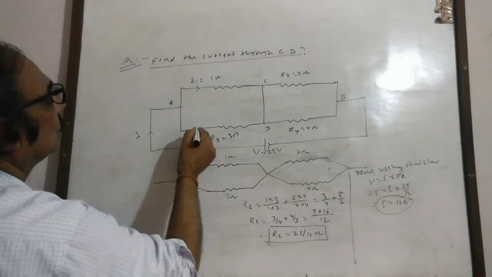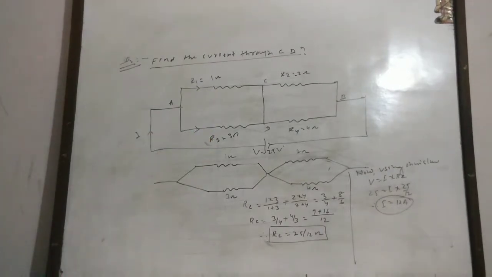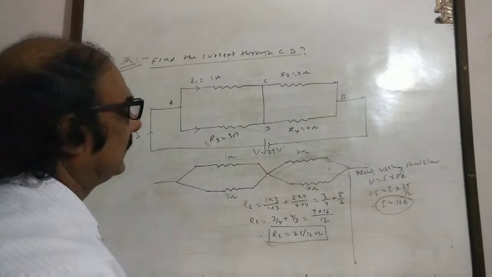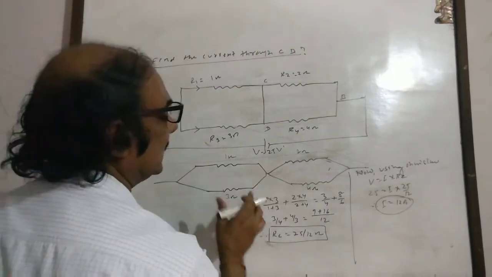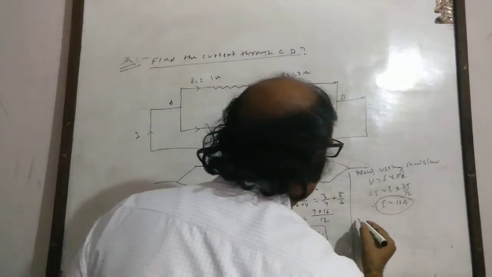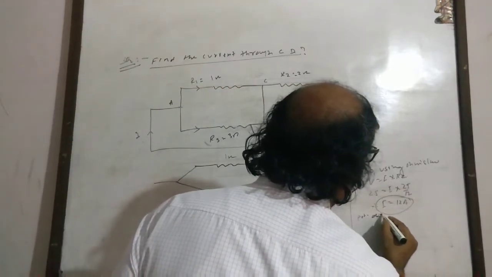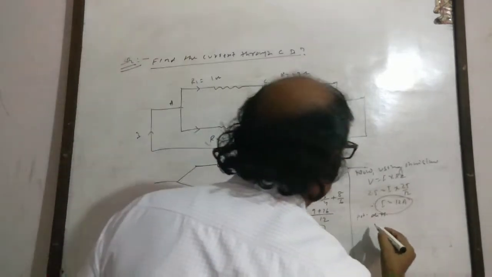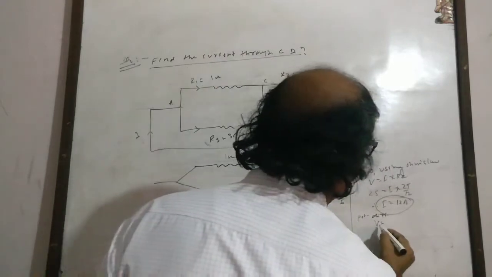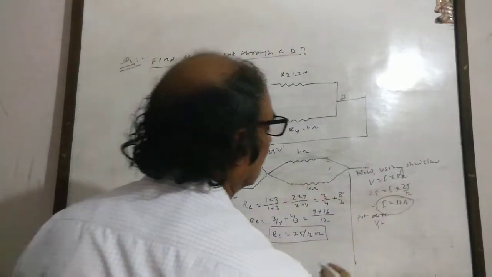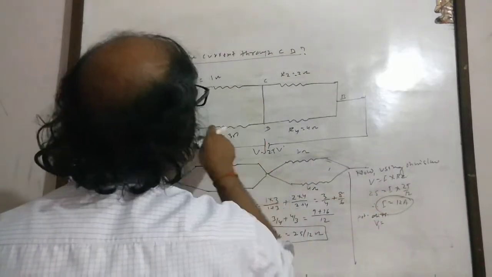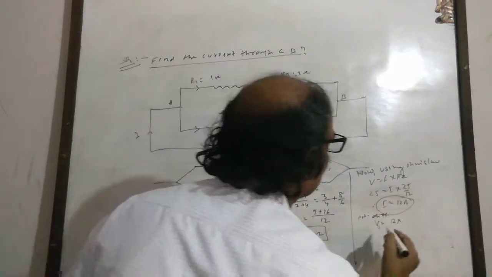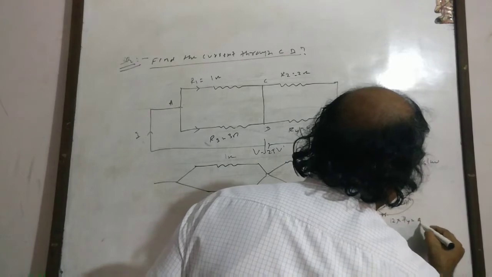Now it is divided into two parts. So the potential across this equals I1 R1 and I2 R2, or otherwise the potential across this. So the potential difference across points A and C, assume it is V1, equals I into this equivalent resistance. So 12 into, and this equivalent resistance in the part is 3 by 4, so this one is 9 volt.